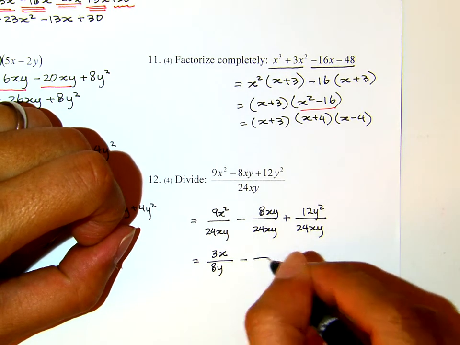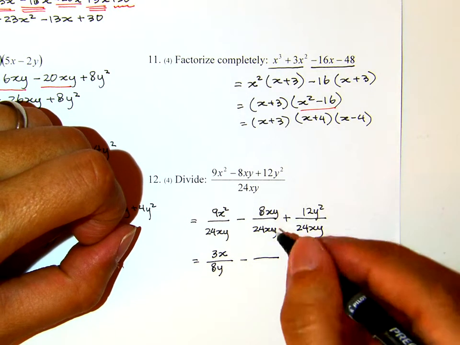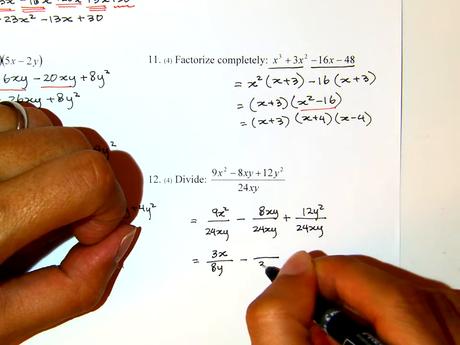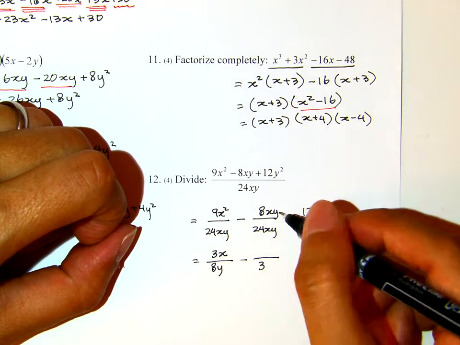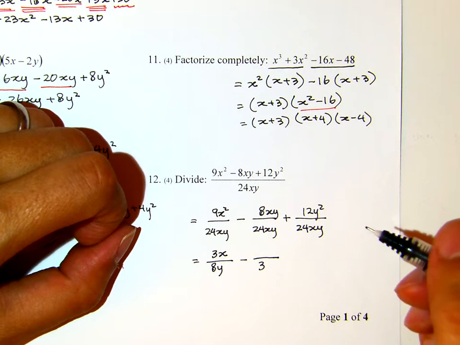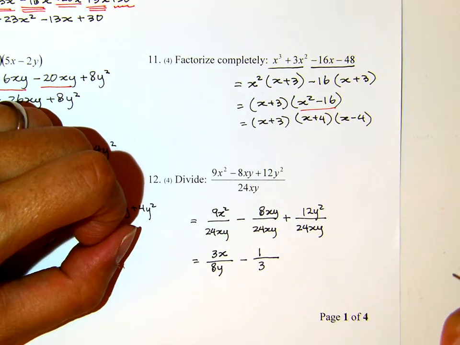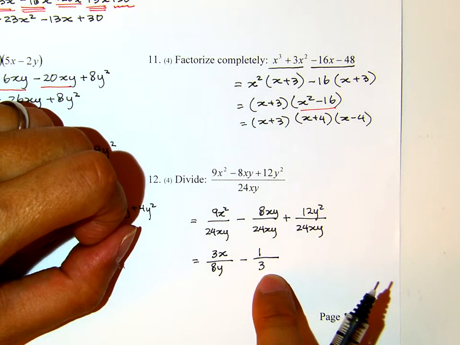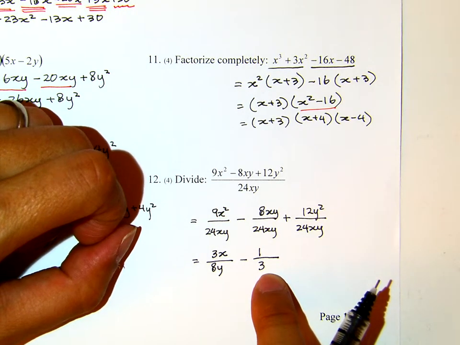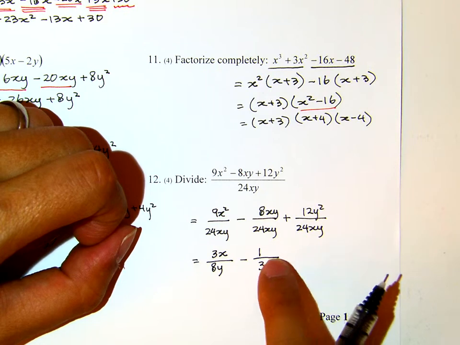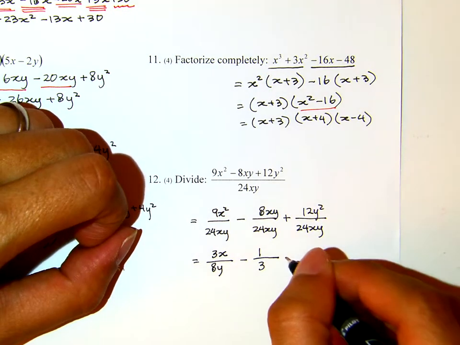Now the second term, 8 and 24, it becomes 1/3, right? And then as for the variables, x cancels, the y also cancels, and therefore I put 1 on the top there. Now it doesn't become 3 though. You see, the 3 was actually on the denominator, and if you have nothing on the top, you need to write that 1. Plus